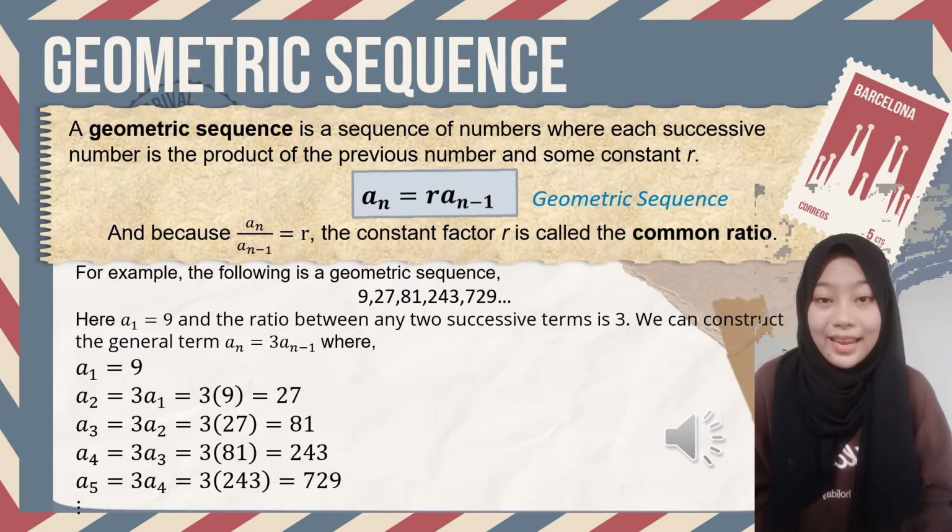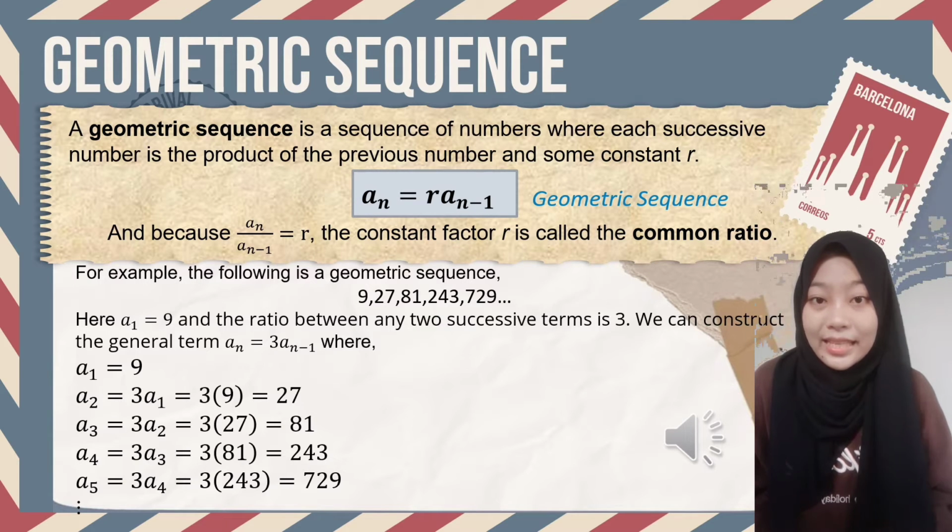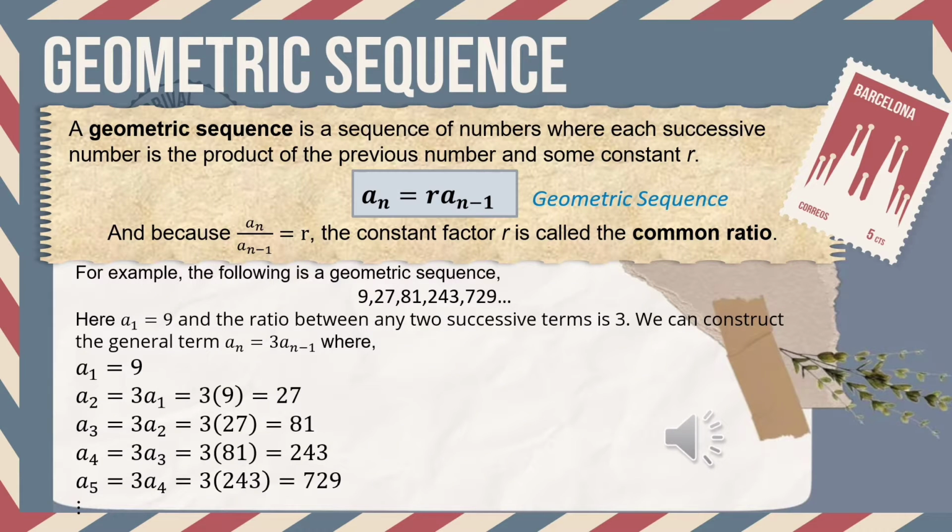A geometric sequence is a sequence of numbers where each successive number is the product of the previous number and some constant r. a sub n is r times a sub n minus 1. And because a sub n divided by a sub n minus 1 is r, the constant factor r is called the common ratio. For example, the following is a geometric sequence: 9, 27, 81, 243,